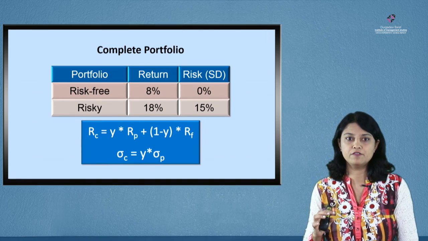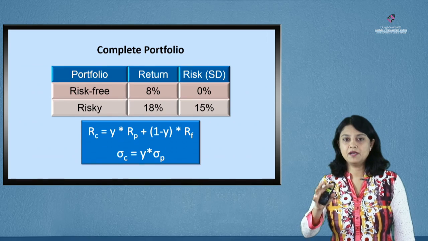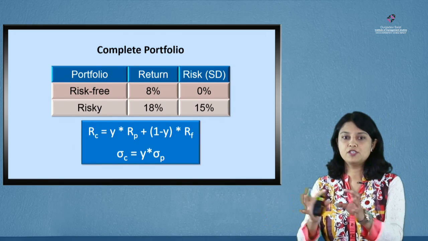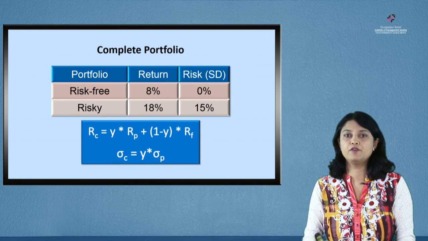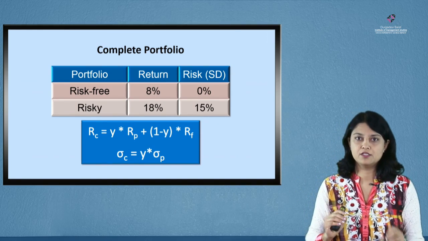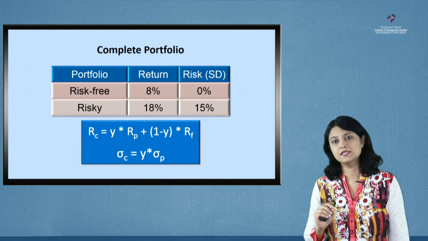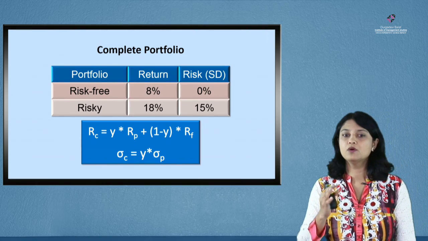RF is the return of the risk free portfolio. So the risky return multiplied by Y, plus RF multiplied by 1 minus Y, will be the return from the risk free portfolio. Adding up both, we get the total complete portfolio's return RC. So we have the formula for RC, and when we measure risk, the standard deviation sigma C is equal to simply